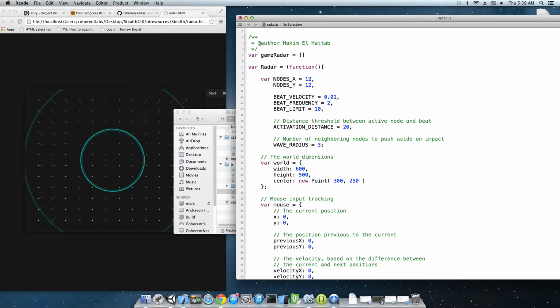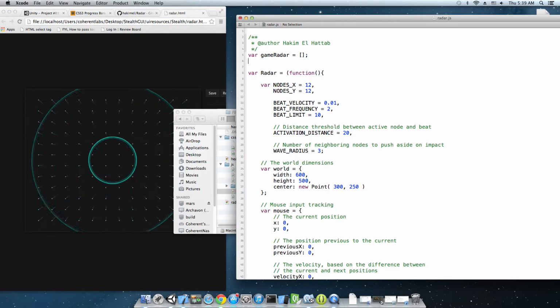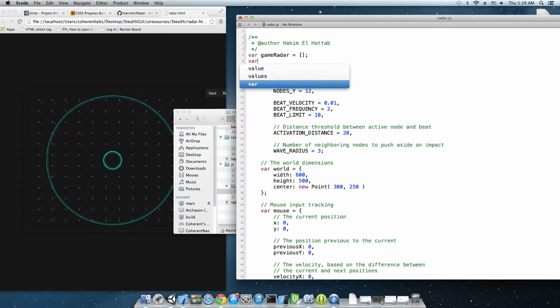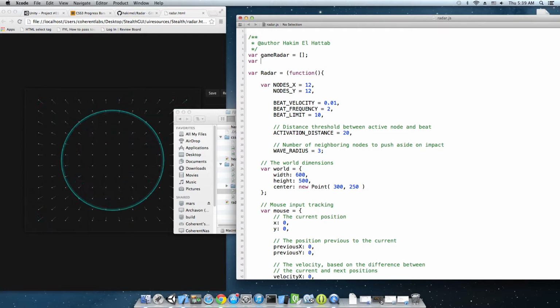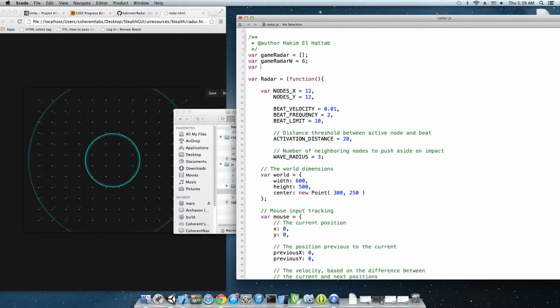And first, it's going to be an empty array. I'm also going to add a variable that says how many nodes do we want horizontally and vertically. That's going to be gameRadarWidth, and I'm going to go with 6. Var gameRadarHeight, and that's going to be 6 as well. And I'm going to copy paste these here and here. Of course, this is going to be the height,